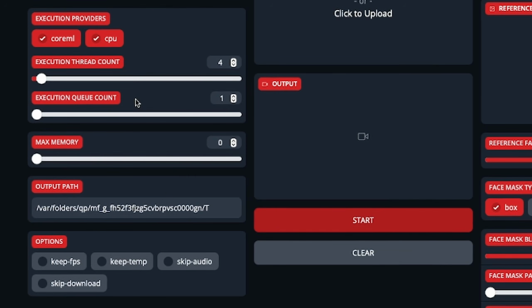I would only try increasing it if you are already getting really good speeds. But try it out with a small file and test it for yourself. Max memory is there more as a limiter. Leave it at 0 and it will use as much memory as it can. Otherwise, if you need a certain amount of memory available for other tasks on your computer, you can change it